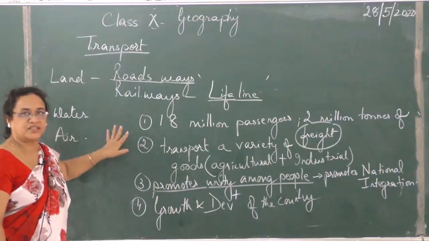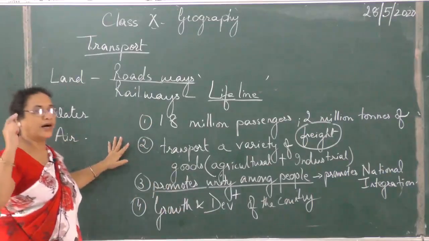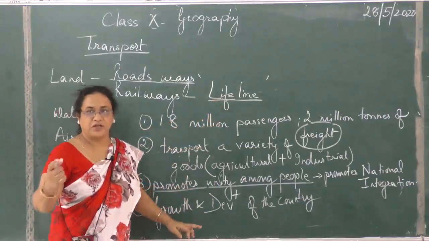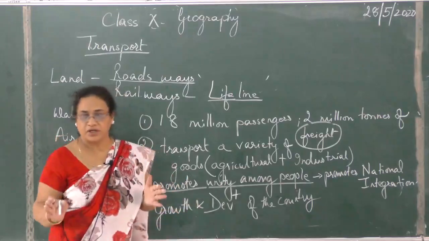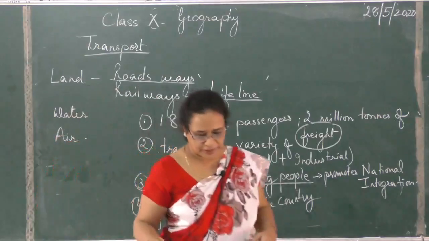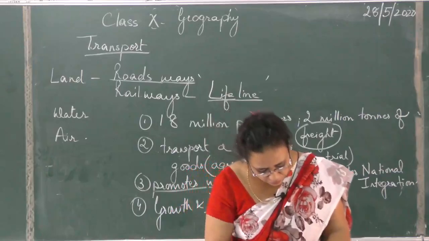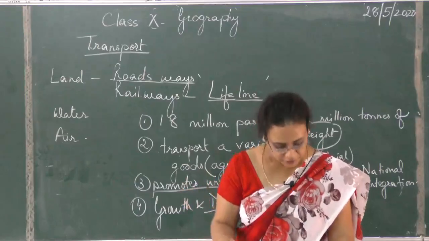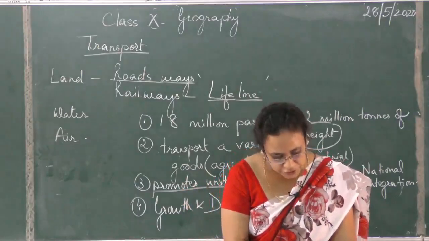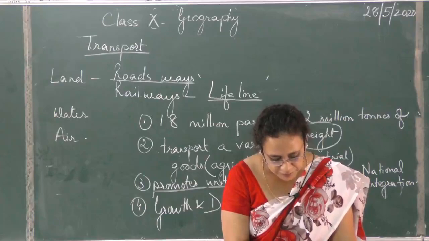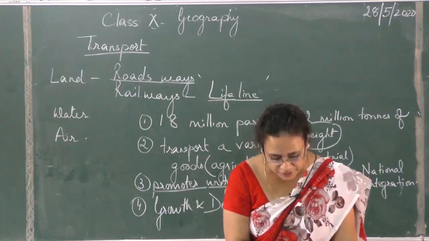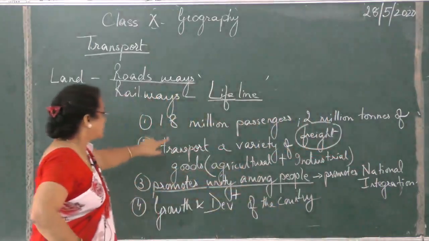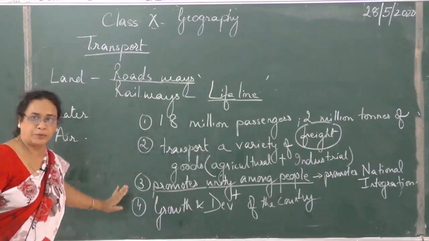So these four reasons, please remember. If you are asked why the railways are called the lifeline of India, you're writing these points. If you're asked why railways are very important for India, or I'll give you one example from the back of the book. There is a reasoning question at the back on page 252. Railways bind the economic and cultural life of the country. Justify this statement. Clear? Justifying this statement, you have got 4 points.